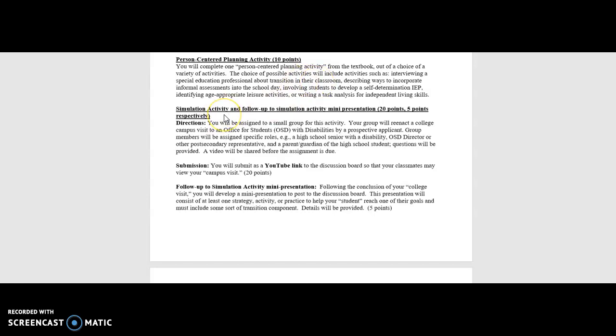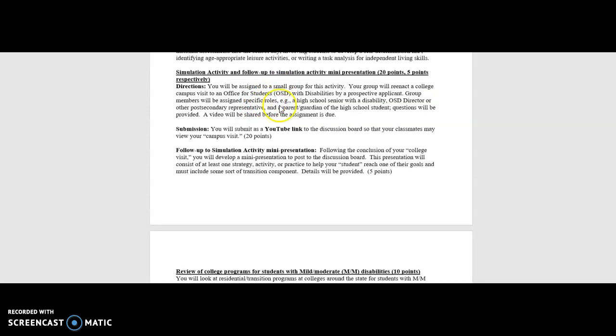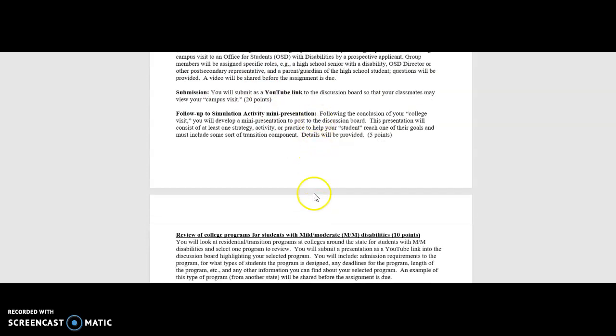We'll also do a simulation activity. I was going to have you do a mock IEP meeting, but then I found this activity instead, and I really like it. It's from the instructor's manual from the transition book, and I think it sounds hopefully relevant and engaging. So you'll reenact a college campus visit to an office for students with disabilities by a prospective applicant. Okay, so you will be assigned to a group for this one, and I will tell you what the roles are and you can choose the roles, however it works. So we'll do a simulation activity, and then you will do a mini presentation to follow up your